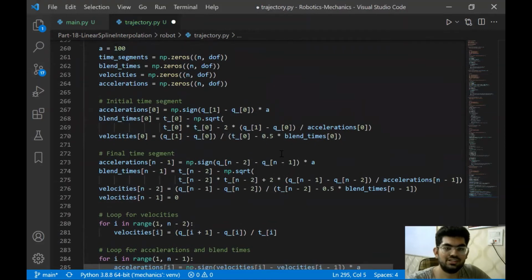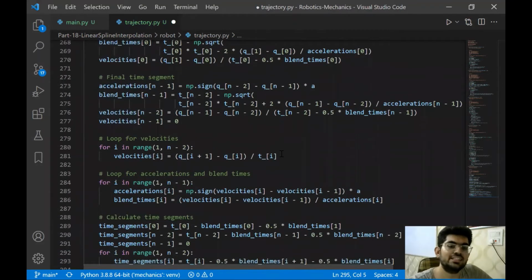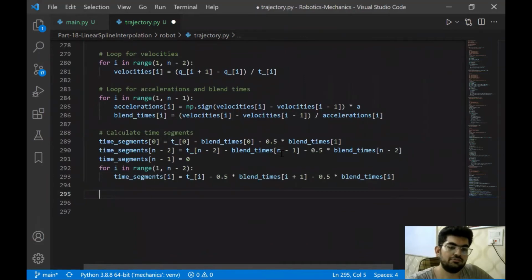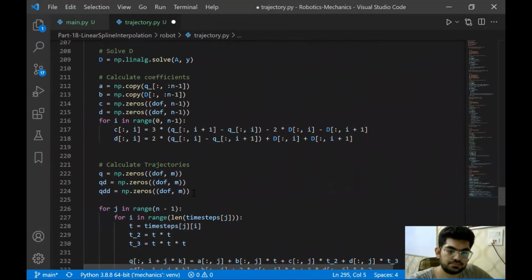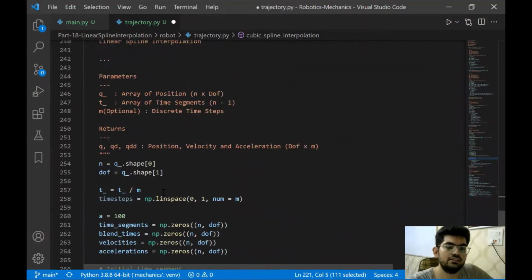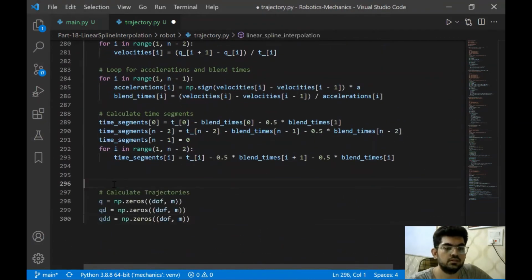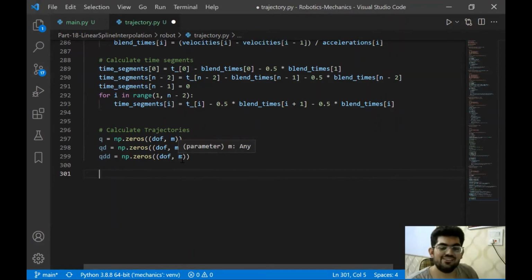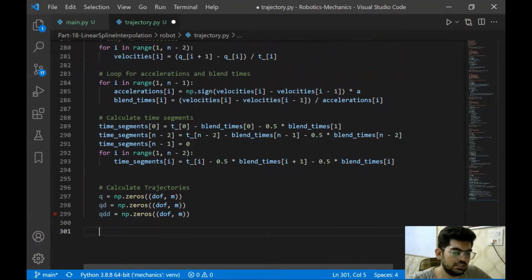Now we can use all these values that we have calculated to actually interpolate the trajectory that we have. Okay, so let's do that. For that, we are again going to copy this q, qd, and qdd vectors. Now again, some tough part that we have over here is, for the previous implementations that we have done, we were calculating the trajectories for all the degrees of freedom or all the joints of the robot all at once. But for this particular case, linear trajectory, we would not be able to do that. Now, why is that the case? This is because